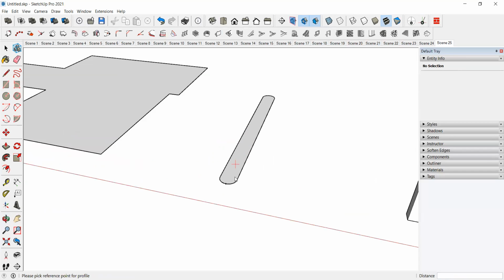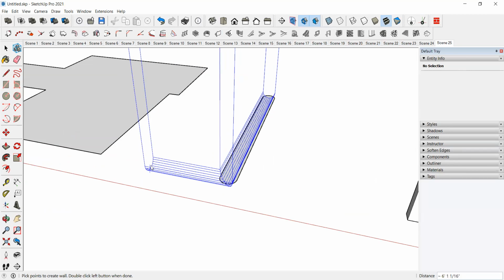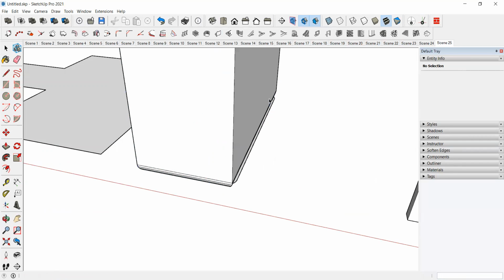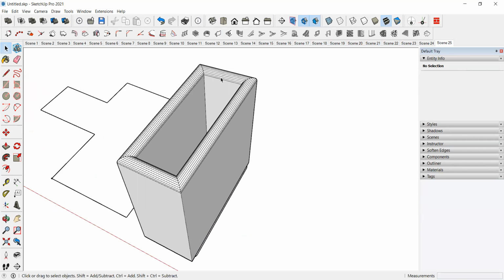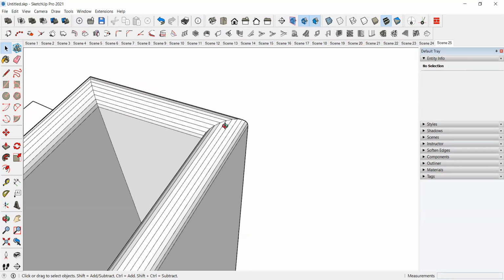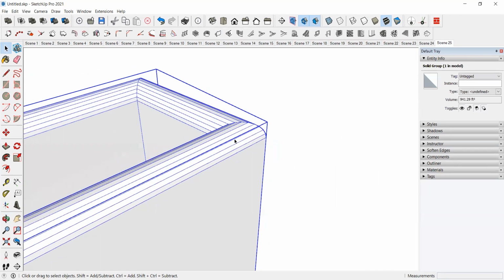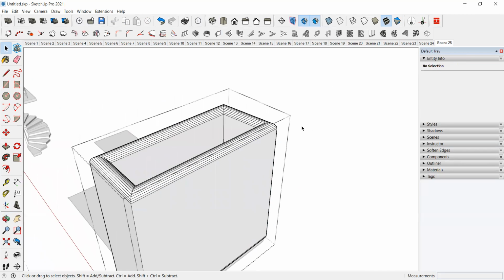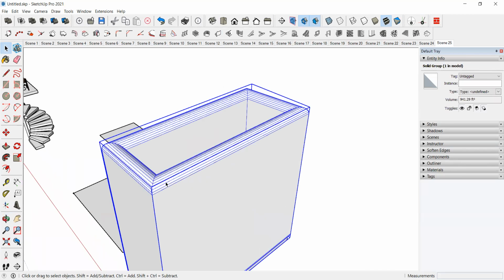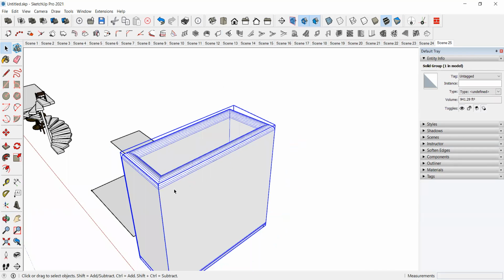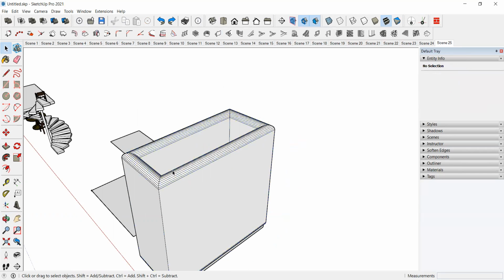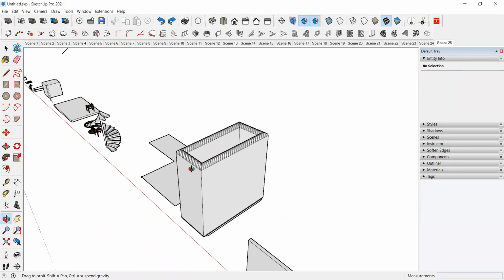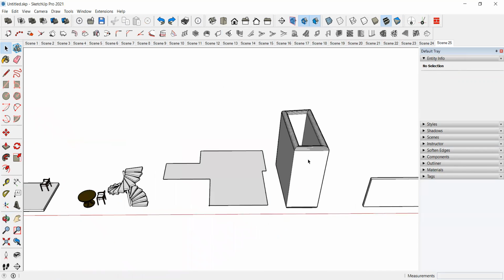Select the reference point, this, means it will create some particular profile face of that. So you can create any shapes, like compound walls, you can make any different shapes. Okay, in this way we'll make the walls. So I'll come back.